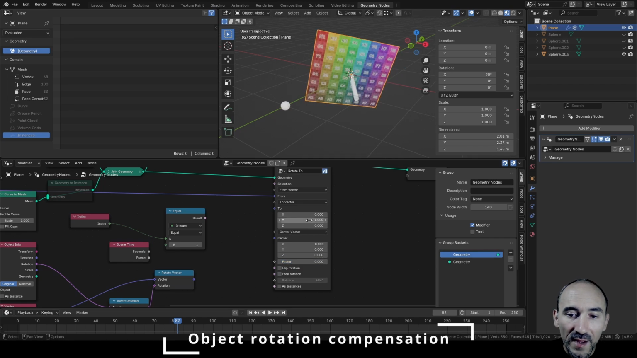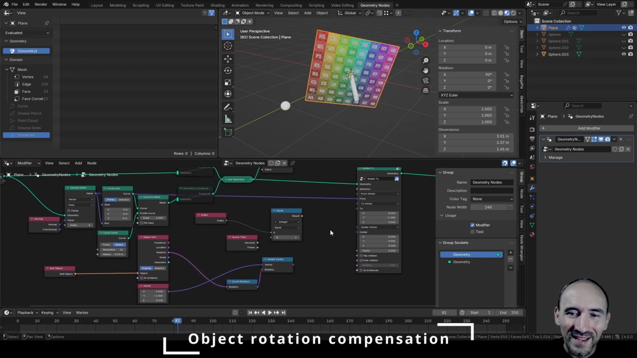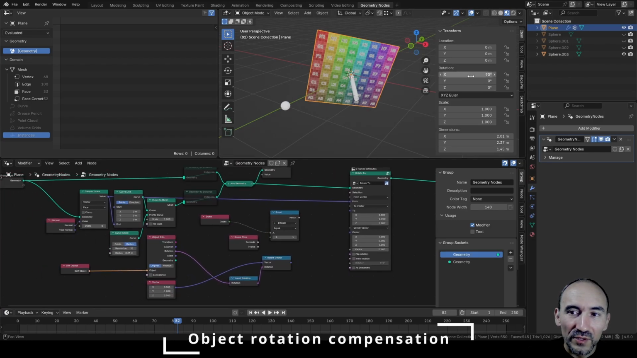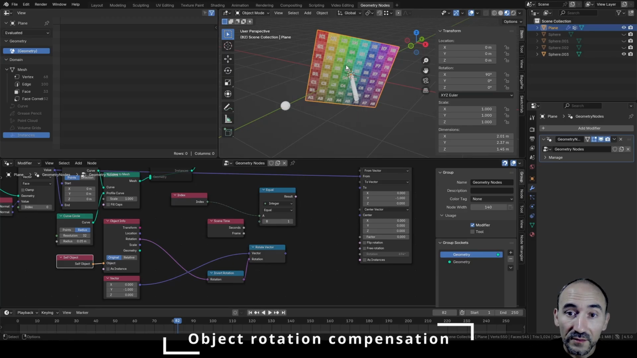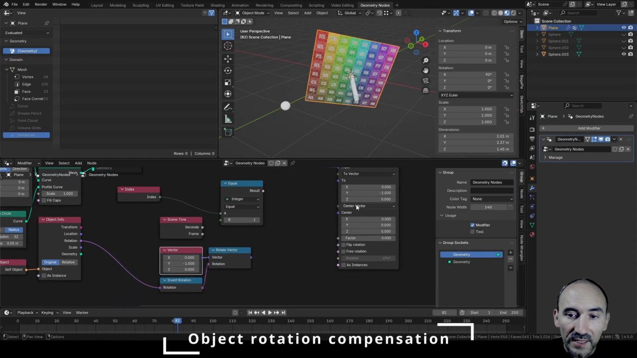Why? Because the -1 is related to the local space of the object. So in that case, if you already have a rotation on your object and you want to maintain the same target in a correct way, we can do this. We can add the self object and link this in an object info node to get the actual rotation of the object itself. And if I take the target vector like this, so 0, -1 and 0, so this vector,